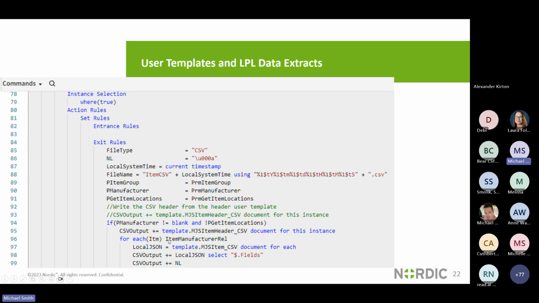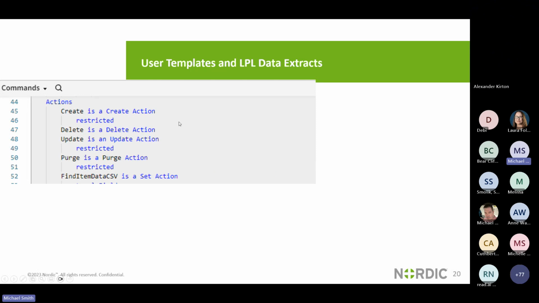In the old days, we would be taking the CSV output, whether we're doing it in IPA or LPL, and adding in just the string data for each one. We'd have to type in item.description, item.description2, all of that as string code, one after the other after the other. It's not hard, but it's a lot of additional code you have to write. And if I need to change it again, I would have to come back here and change